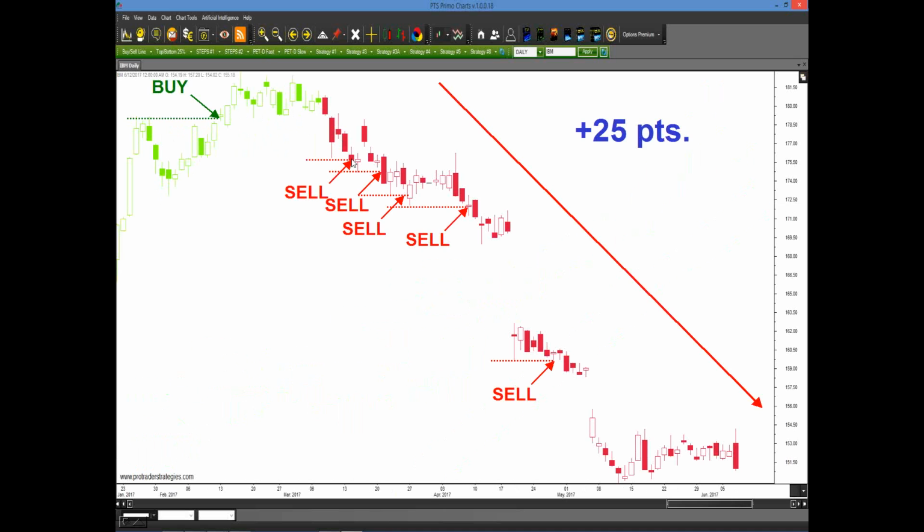That's the meaning of consistency, 2 steps forward, 1 step back. So that 1 step back would have been this small loss here, but you could have easily recouped it by taking this very first short and capturing 25 points coming into July. Now the PET D told us well in advance, roughly about 165, 170, that we were in a downtrend before all of this took place.